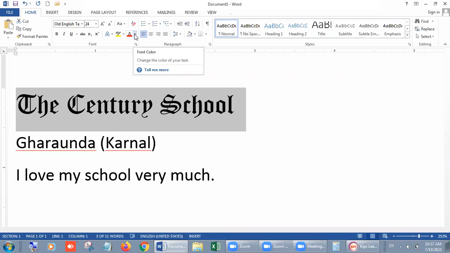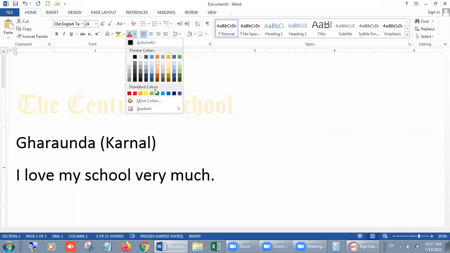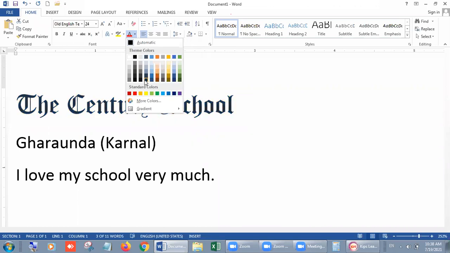Its name is font color. When you click on it, you will have so many color options. You can select from them, and when you bring your mouse cursor on a color, you can see how your text will look after selecting this color.